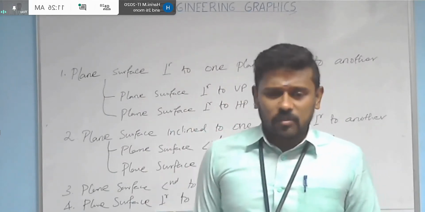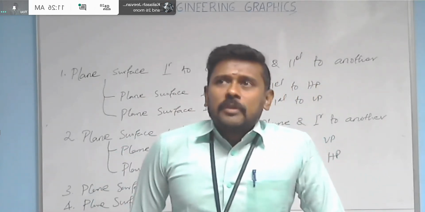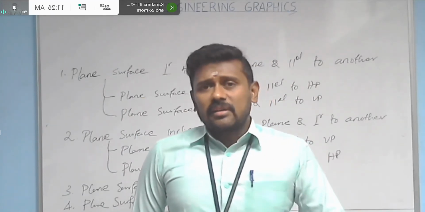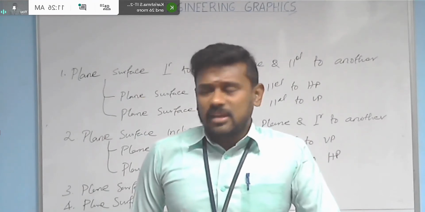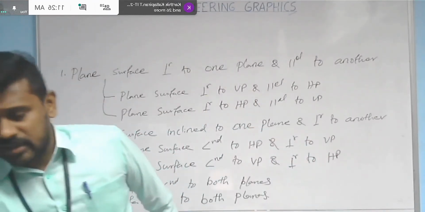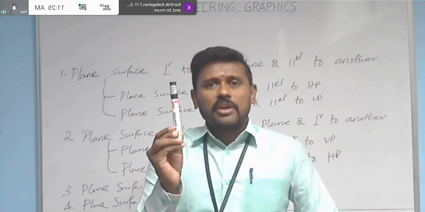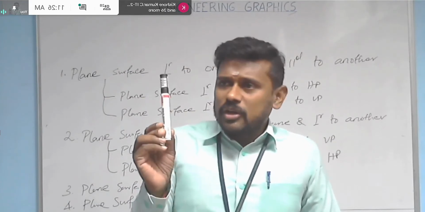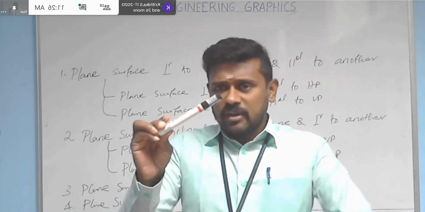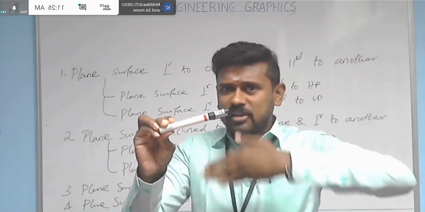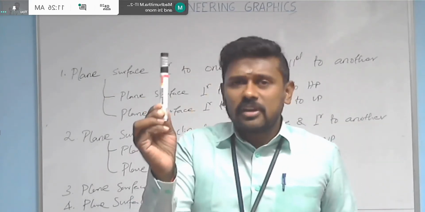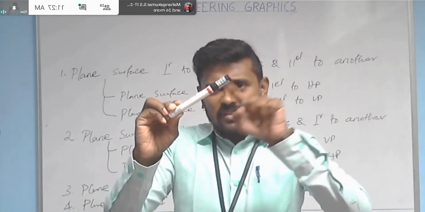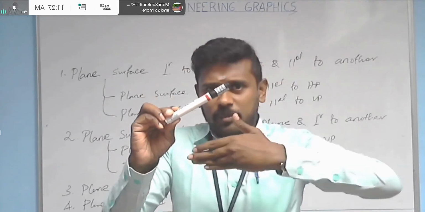So just board models. And here, for the case of a straight line, you can easily see the angularity relation between a straight line and a horizontal plane. If a straight line is like that, consider it is actually a straight line. So how can you show that the straight line is inclined to HP and parallel to VP? For example, this is our horizontal plane and that our vertical plane. If you want to make this straight line inclined to HP and parallel to VP, then you can make it like that. Now this straight line is inclined to HP and parallel to VP.